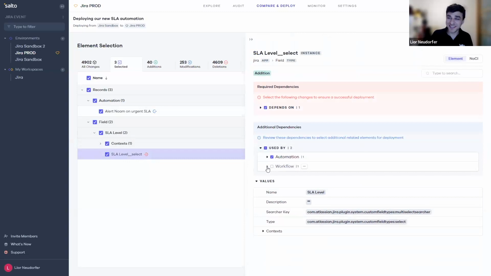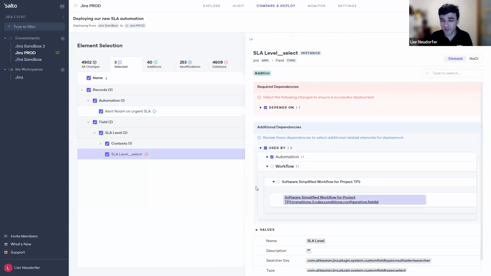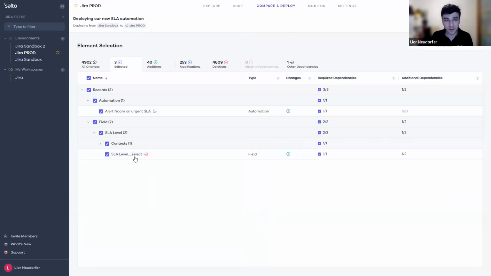Some users may say, okay, wait, I also developed this workflow to work with this field. I should include it in my deployment. This is optional. It's just a way for Salto to remind you, hey, there are some related changes to the things you've selected that you may want to include in your deployment as well. You select whether you want to do it or not. Okay, so I selected 3 things: my automation, my field, and the context, and I preview my